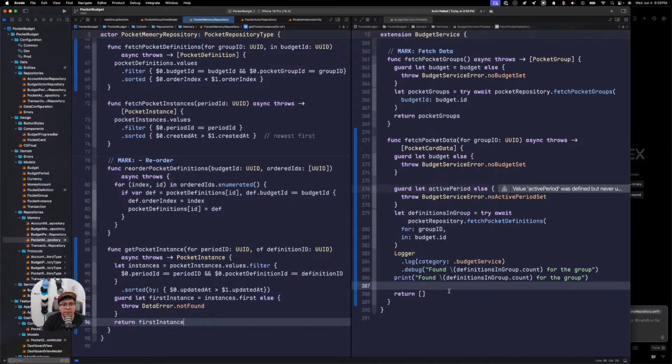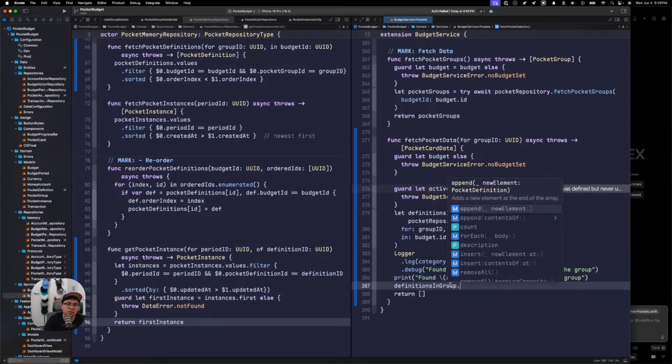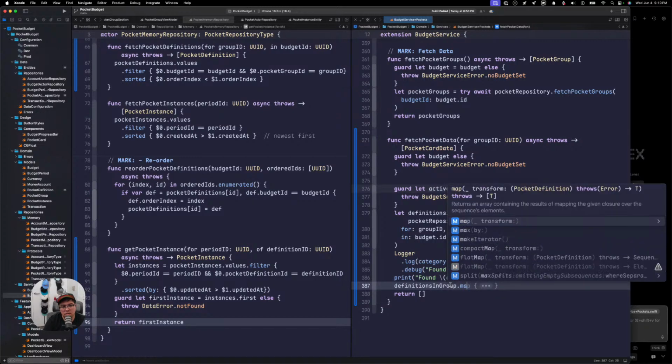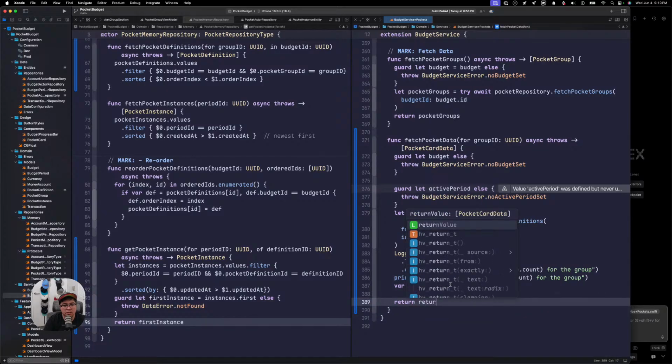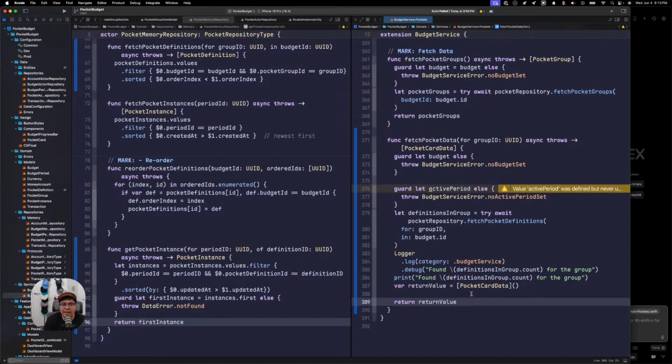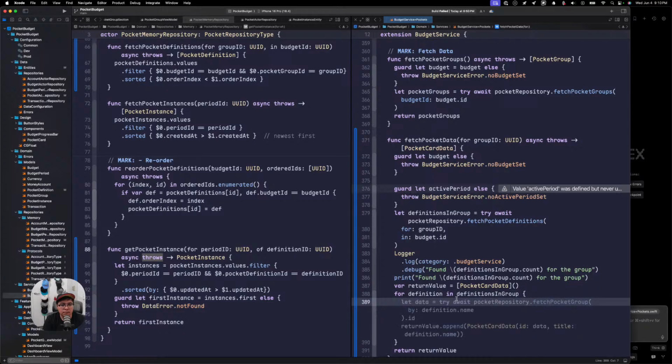Alright. So now we'll do var return value equals that, and then we're going to return the return value. The reason we are doing equals pocket card data array here is because all of these are async throws, so we need to be able to do that inside a for loop. If I were to do compact map or map, they don't support async await inside natively. I don't believe they do, at least they didn't the last time I tried, so we're going to do it this way. We're just going to do a normal for loop that iterates over the definitions in the group. For definition in definitions in group,